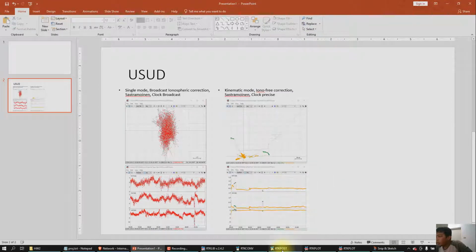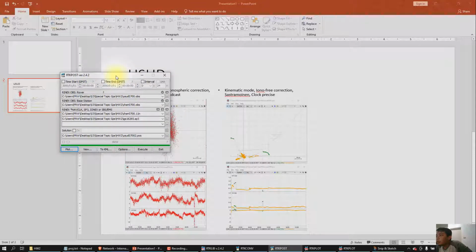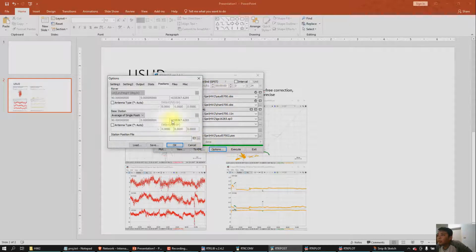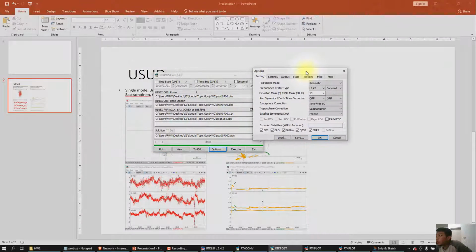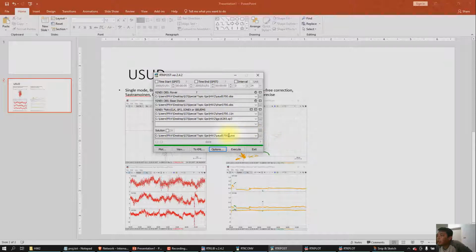And then the next one, we use another mode, so we check the options in the setting. We can change it to static, and it's still the same: iono-free, Saastamoinen, and keep it precise. And the position is still the same, average of single position, and click OK.